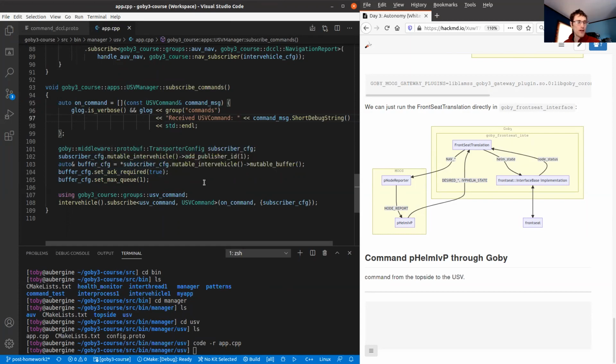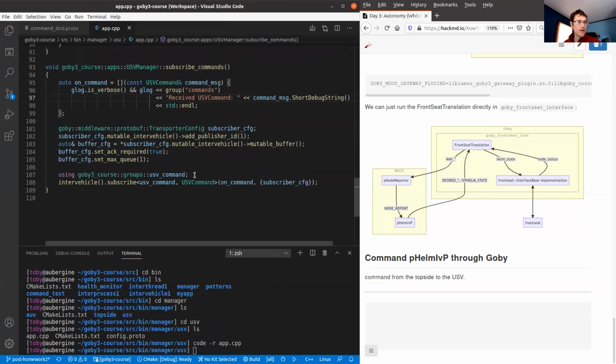Not surprisingly, I want to know on the top side whether I've gotten a command, and it will retry automatically until it receives it. And I'm only keeping the latest command, to simplify things here. In a real system, you may actually want this queue to be larger, but then you have to manage commands that overwrite each other. So setting one command keeps it simple. If I send a new one, it just writes out the old one.